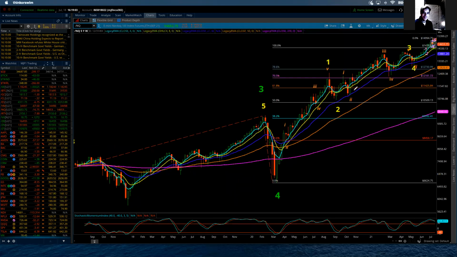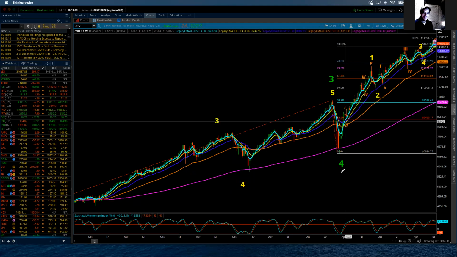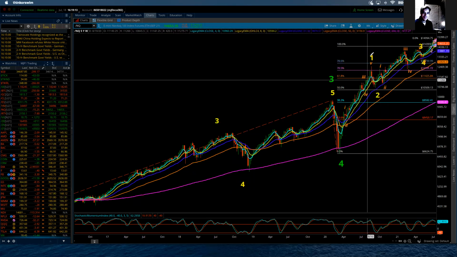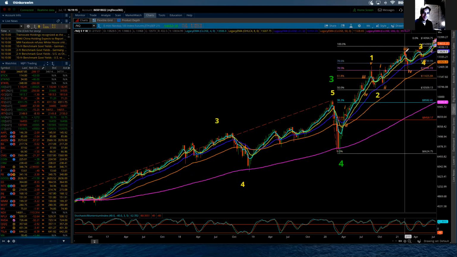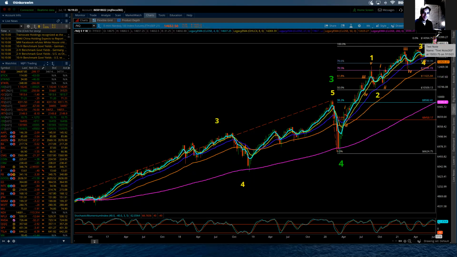So now I'll go down to the weekly chart, because the next layer that we can put in is within this primary 5th wave. We've completed intermediate wave 1, 2, 3, and 4. Then that suggests that we are in intermediate wave 5. And within intermediate wave 5, there are going to be 5 waves of minor degree.